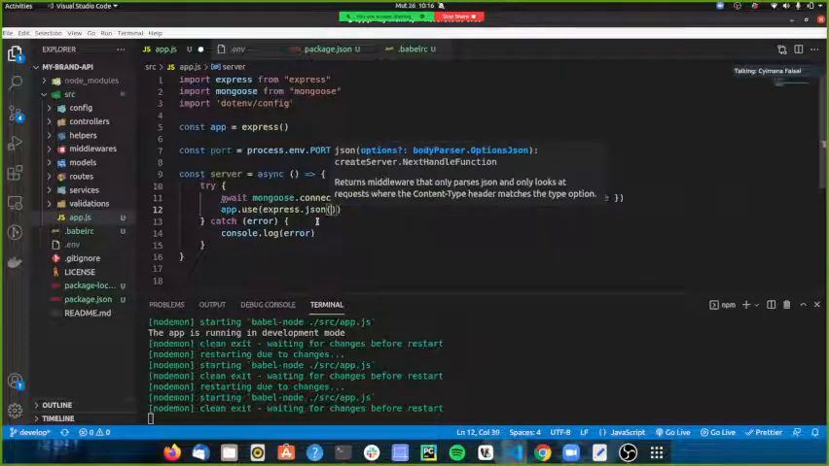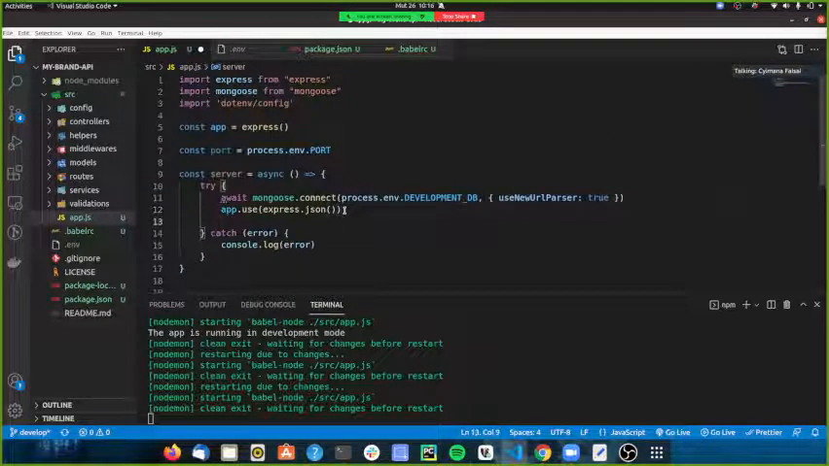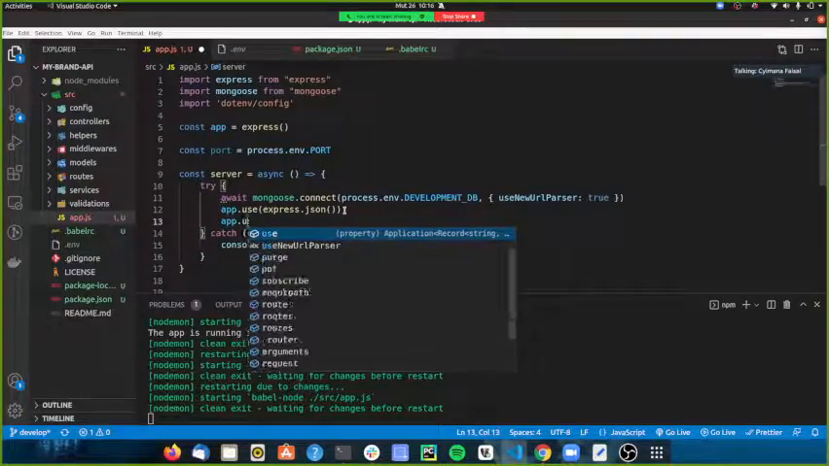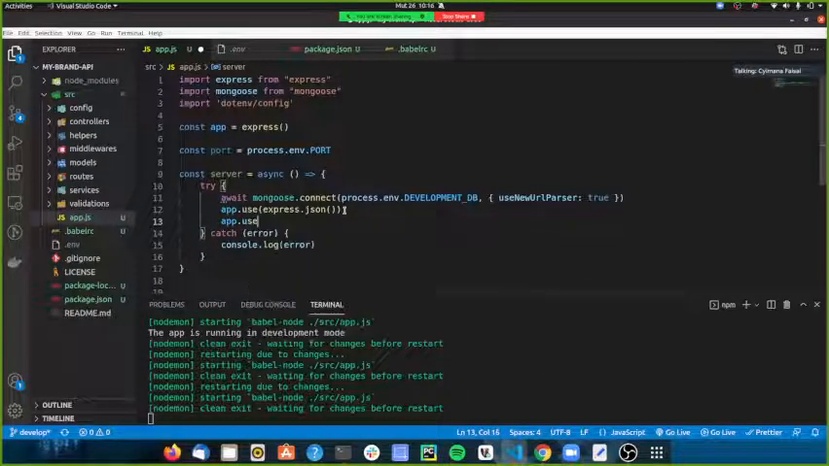Express.json, and it has to be a function. Now we know that our application is going to use this middleware, and again we can have app.use. Then which kind of routes do we want to use? But now let's define that. Let's define the routes, right? Let's make sure that